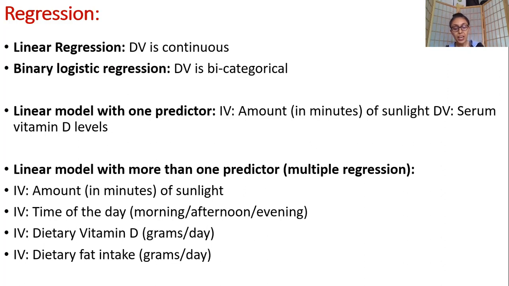All right. So you have one IV, you have one DV, and you control for a couple of covariates. So over here, for instance, the IV is the amount in minutes of sunlight, so it's a continuous variable. Your DV over here is serum vitamin D levels, which is your blood level of vitamin D, which is again a continuous variable. Okay, so your IV and DV are continuous, and maybe you're controlling for participants' age, gender, ethnicity, and so forth. Controlling for means you're adjusting for these potential covariates which could have influenced the association between the IV and the DV.